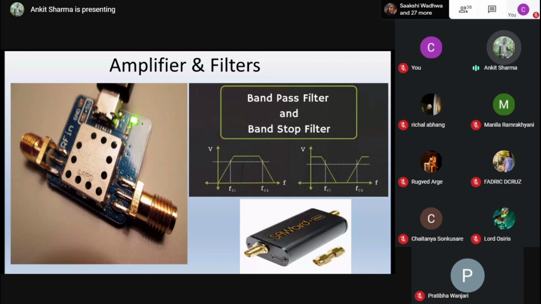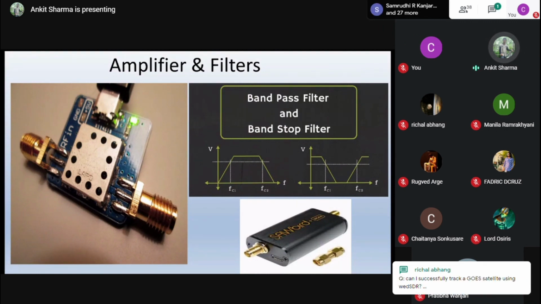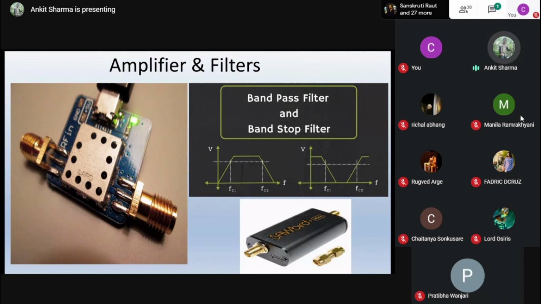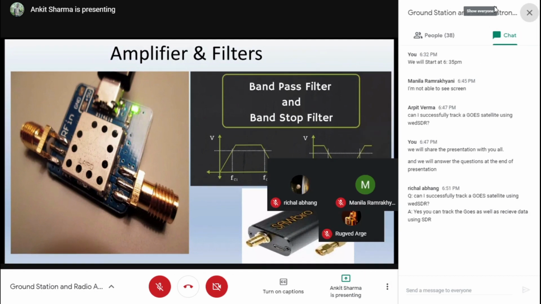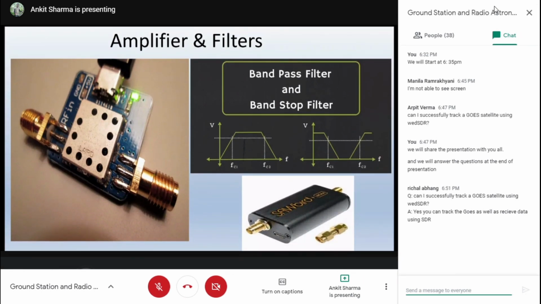And definitely in radio astronomy you need it, because radio astronomy signals are very, very minute and very delicate, and you will need multiple filters as well as amplifiers for the radio astronomy part. But for the satellite ground station part, you may not need them for some satellites which transmit at a very high